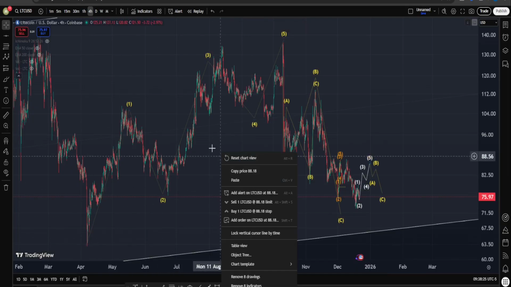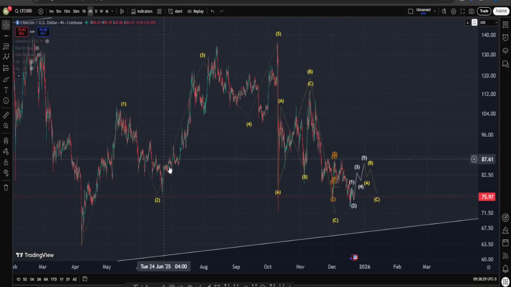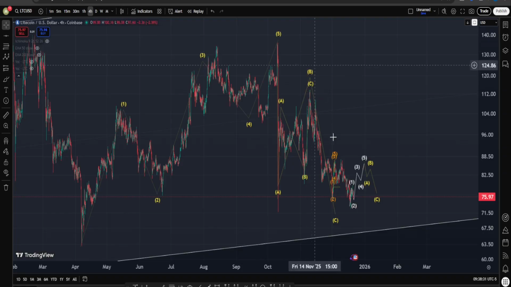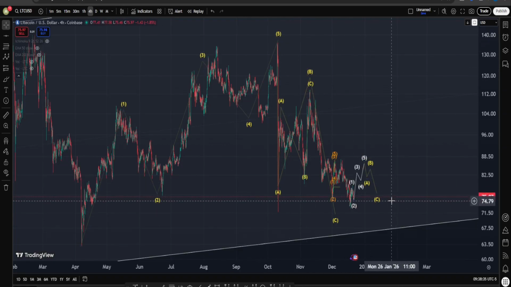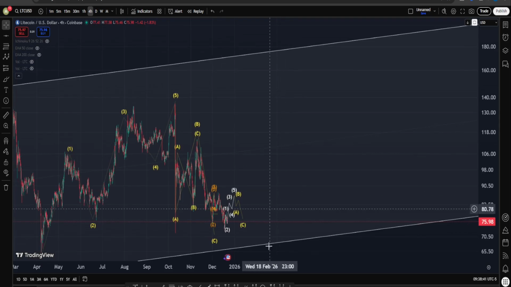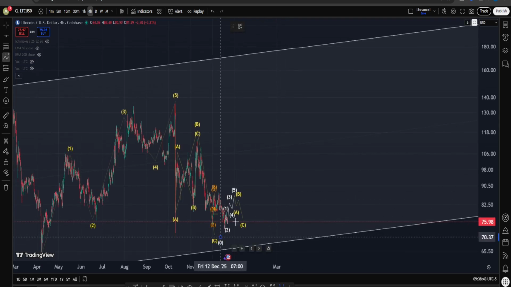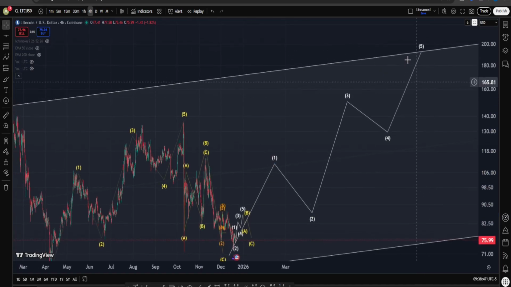Why is that? Because you see, in LTC, in my view, this is actually a 1, 2, 3, 4, 5 wave up, followed by that. I do think we are having in this region, hopefully, a bit of a correction structure on the downside, suggesting what? The next move, I'm really hoping, is going to be, you know it, another 1, 2, 3, 4, 5, in order to, I would say, for the first target, at least get to about the higher band of